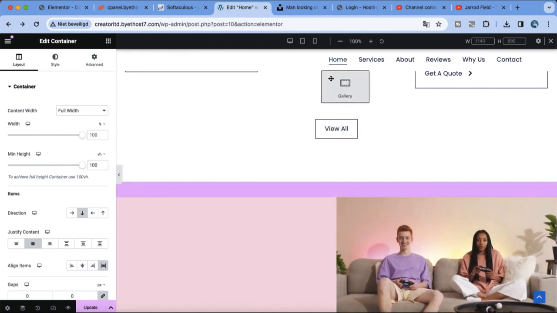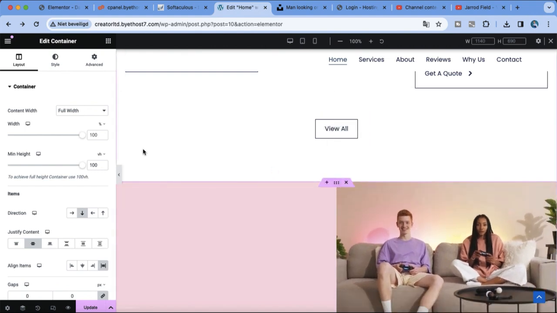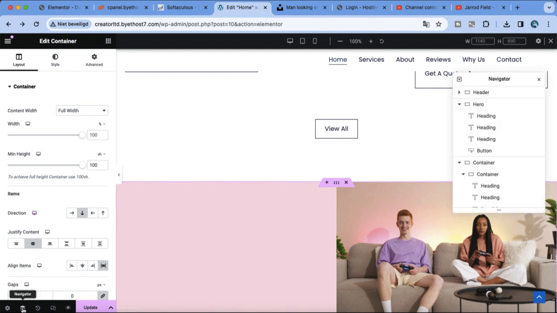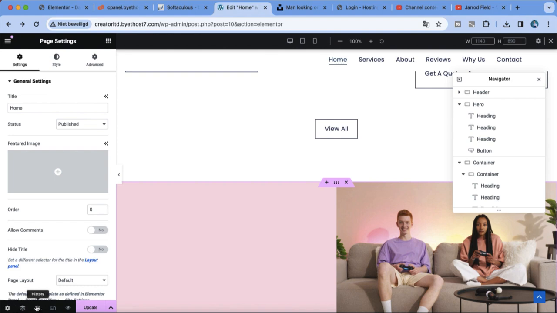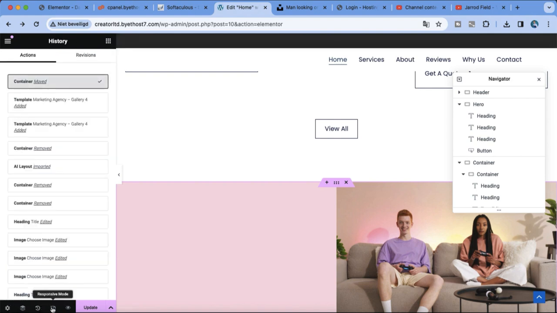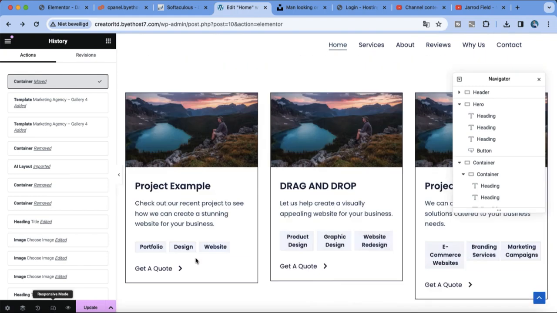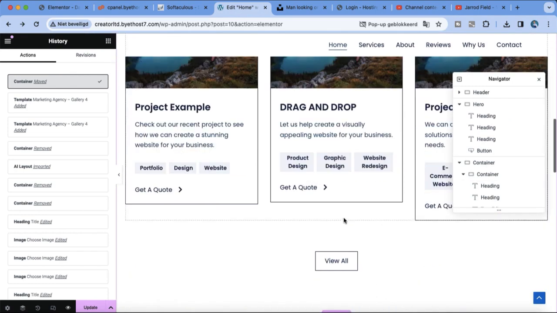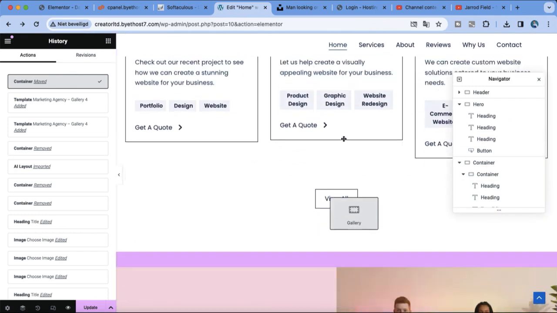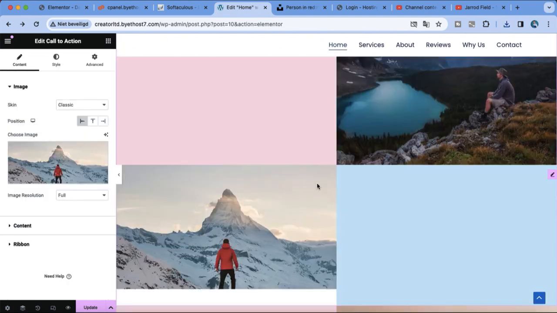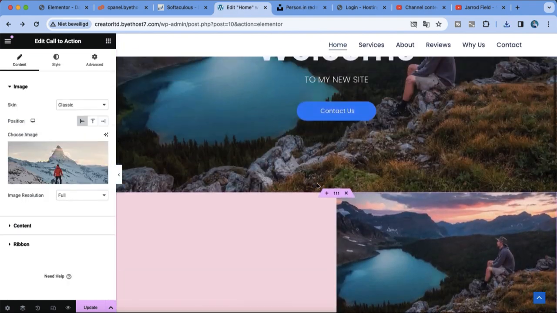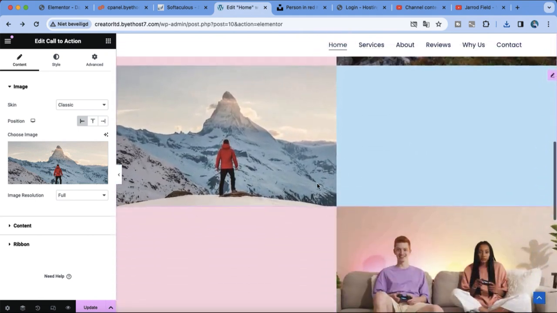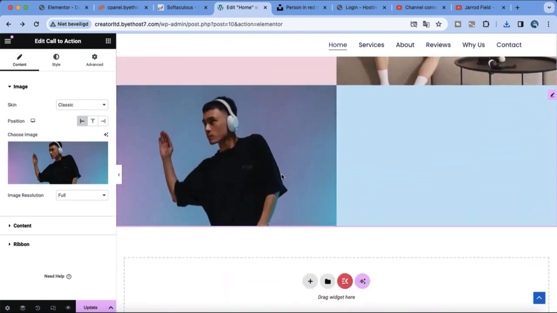Designing this website, and I drag the gallery right over here, and you can add sections, you can navigate, you can go back and go forward. Here we got this section. I'm gonna skip the process and I'll show you the results. Here we got a beautiful website, and I will save the layout, and I will make another tutorial how you